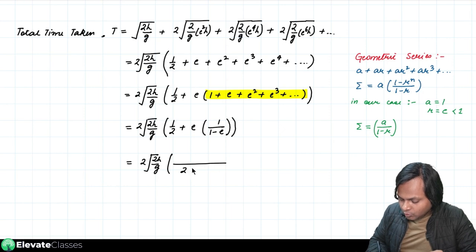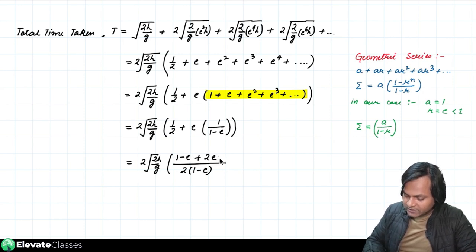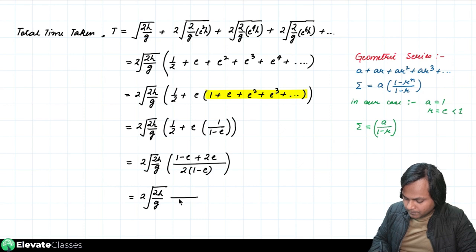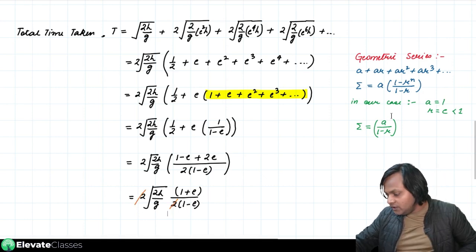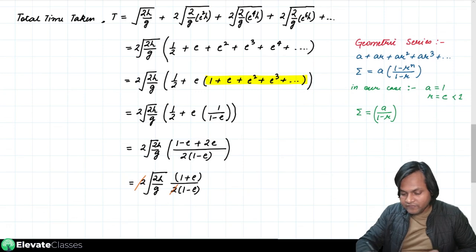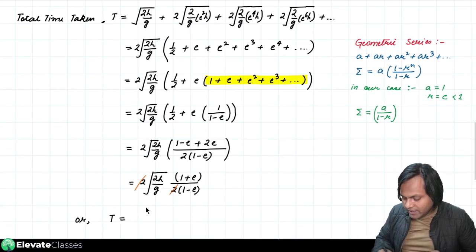This comes out to be twice 1 minus E, and here I should get 1 minus E plus twice E. Okay, which should lead to twice 1 minus E, and this is 1 plus E. That's it. So the 2 and the 2 get cancelled, and the total time that we have finally obtained for a bouncing ball to come to rest is